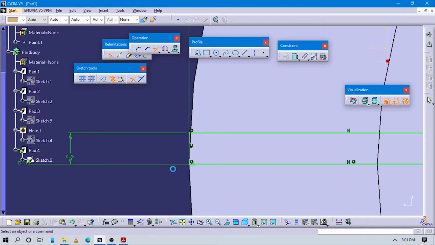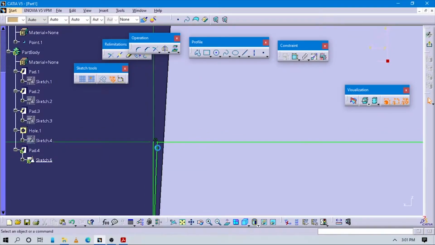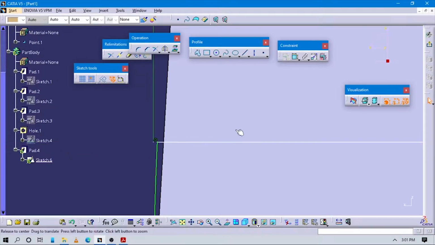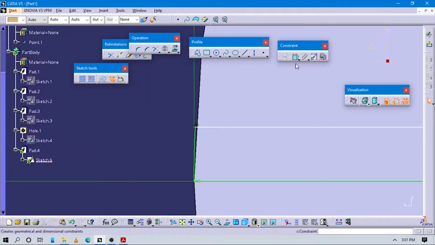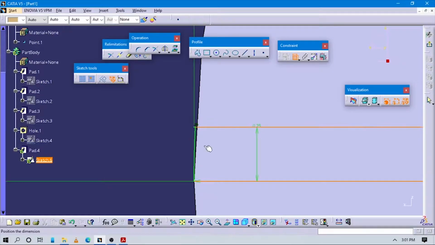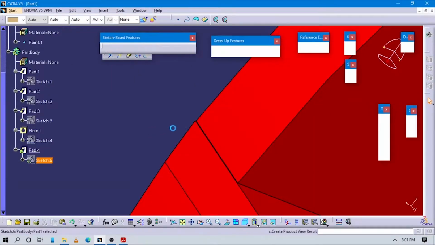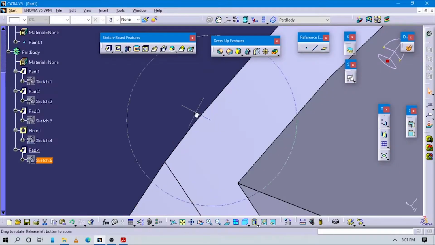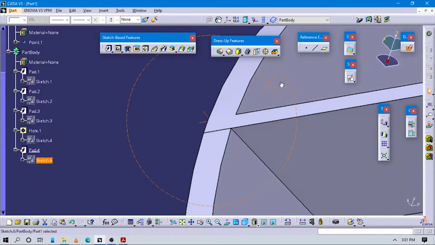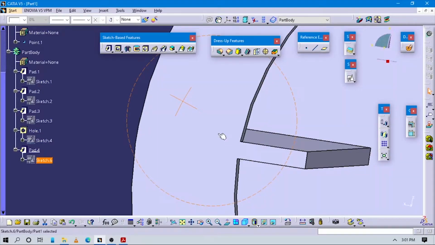This and remove this extra line from here, and again give dimension to this and exit now this 2D sketch workbench. Now you can check. Actually we have created this